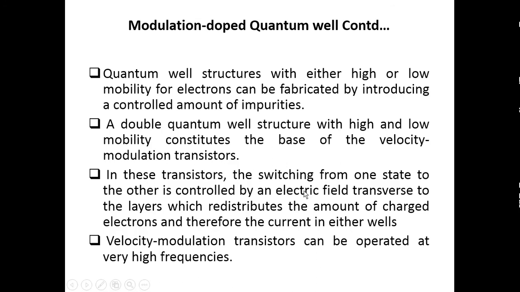In the velocity modulation transistor, the switching from one state to the other is controlled by an electric field transferring to the layers, which redistributes